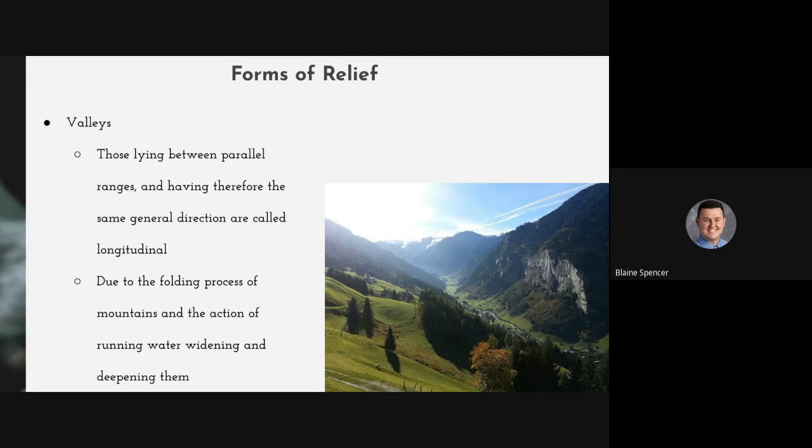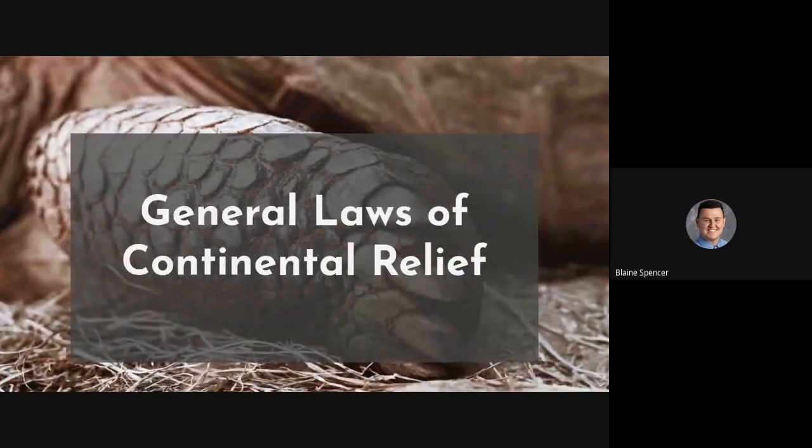Okay, we see that this is what's going to form that valley. The more the folding, the greater the mountain, and the more water running through it is going to cause that valley to widen out and to deepen. It's going to be a lot deeper than maybe this picture right here, where the mountains are not as tall, are not as wide, and there's not as much water running through it. And so with that, we are going to break down